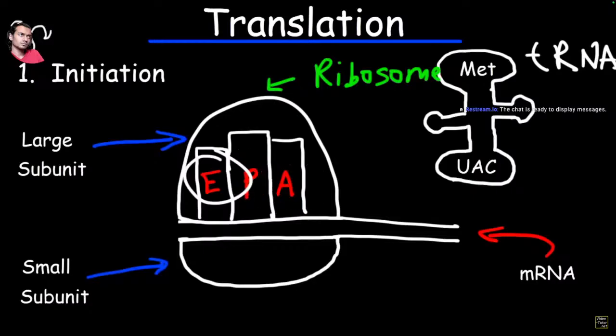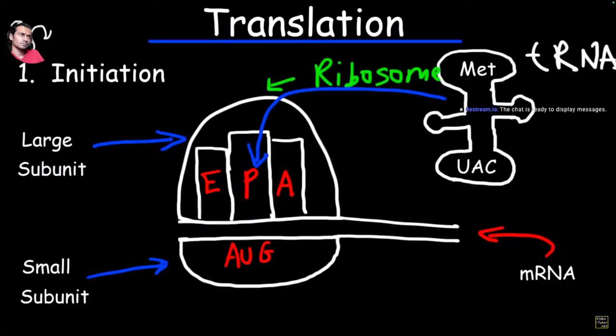Now, during initiation, we have the start codon AUG, which corresponds to the anticodon UAC. Now, that particular tRNA molecule has the methionine amino acid attached to it. And this tRNA molecule enters the ribosome at the P site, also known as the peptidyl site, where the